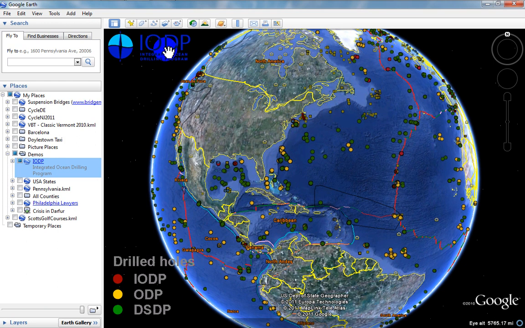Down here in the lower left-hand corner, you'll notice we have a key. In this key, we only have 3 different things that correlate to the colors of the data points being red, yellow, and green. Then here on the map itself, you'll notice we have the data points, which are red, yellow, or green. If I zoom in,